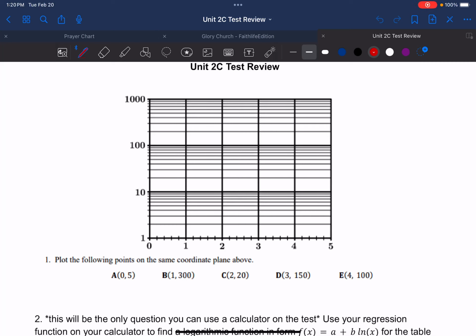Okay, so starting off with the Unit 2C test review, one thing I do want to note is that on number 1 and 2, if you're watching this really early, we might not have covered 2, and definitely if you're watching on the weekend, we haven't covered number 1 yet. Number 1 will be covered on Monday and Tuesday of test week. But number 1 wants us to plot the following points on the coordinate plane above, and you'll see